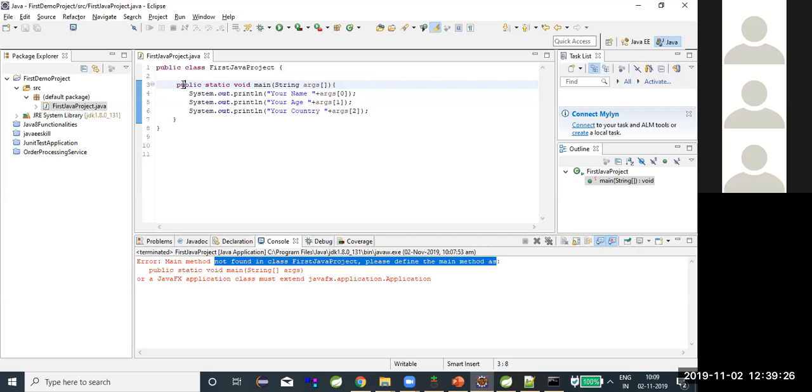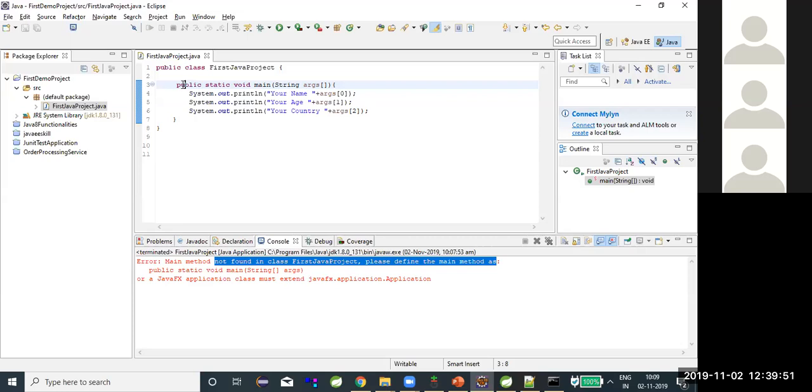There are preferences settings in Eclipse. All the keywords which are Java standard keywords are marked in purple, that is public, class, static, void. These are all Java standard keywords